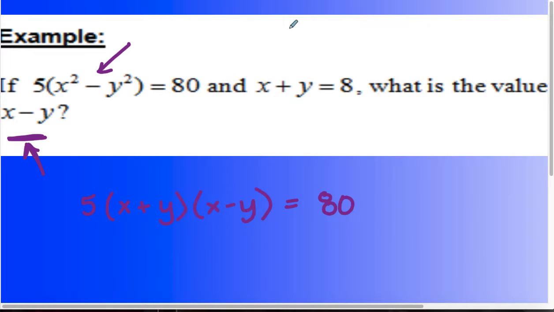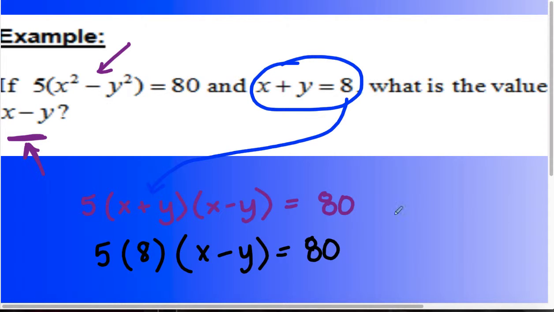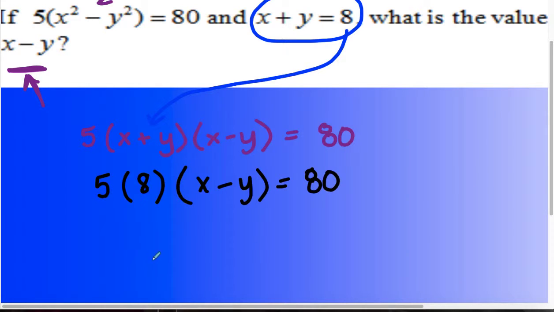Now, because they gave me a value for the expression x plus y, they said that it's also equal to 8. It's the same thing as 8. I can take 8 and I can plug it in here. All right, so that gives me 5 times 8 times x minus y equals 80. Well, that actually makes it a little bit easier. 5 times 8 is 40. So I'm basically asking you what